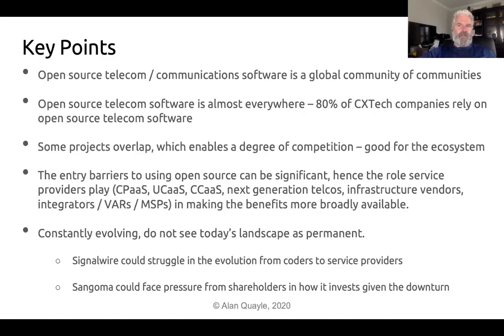There are barriers to entry. These aren't easy to use projects. I mean, some are easier than others, don't get me wrong. Asterisk with FreePBX does make it pretty easy these days. But there are a whole host of players out there that can help you take advantage of the benefits that open source brings. And one of the other key points I want to stress, I gave you the RESTCOM example,